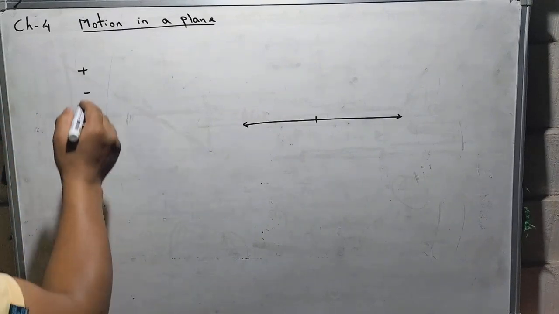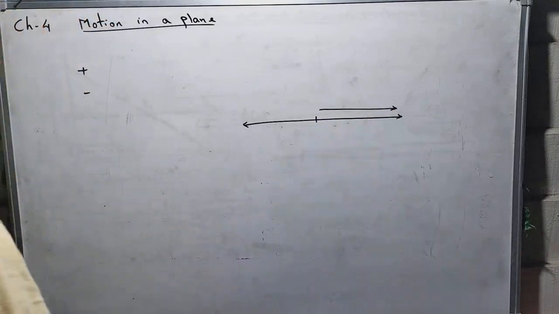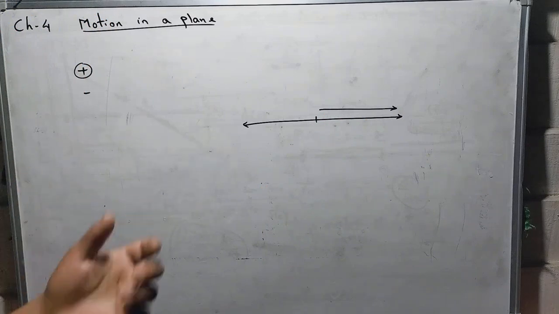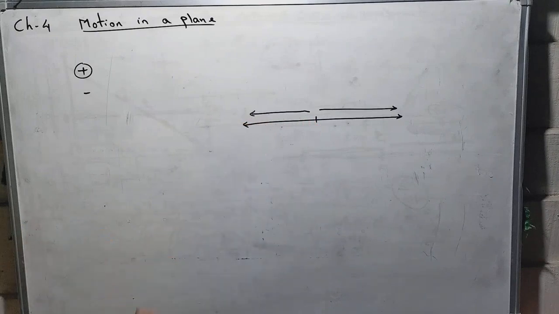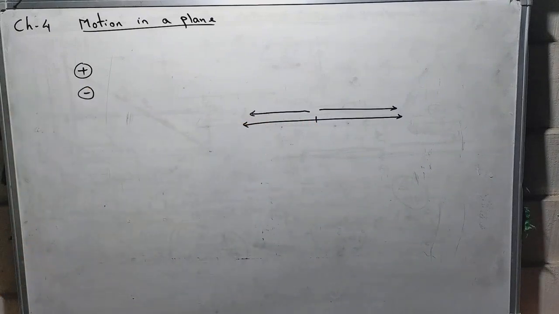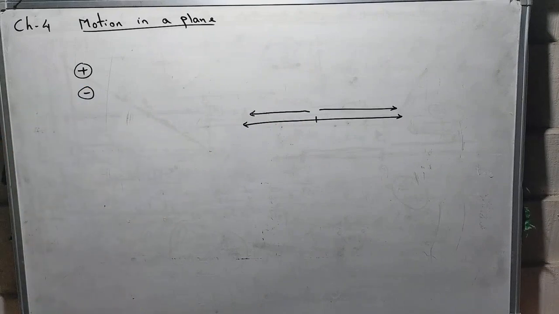Okay, so when the body moves towards the positive side of the x-axis, the direction of motion is said to be positive, and when the body moves towards the negative side of the x-axis, the direction of motion is said to be negative. So only plus and minus are used to signify the directions of either displacement or velocity or acceleration. Okay,